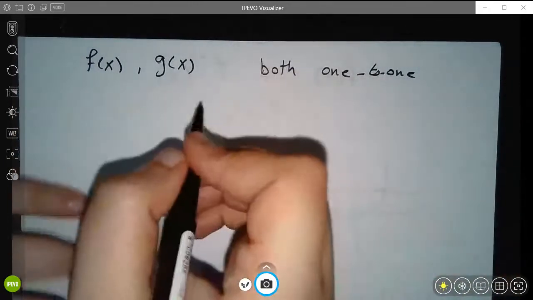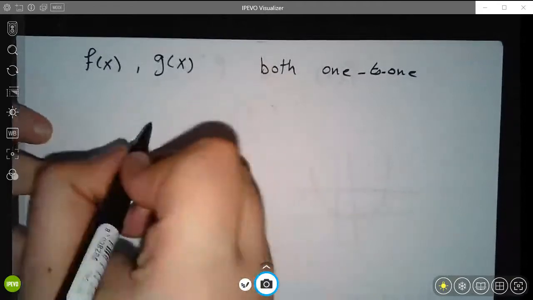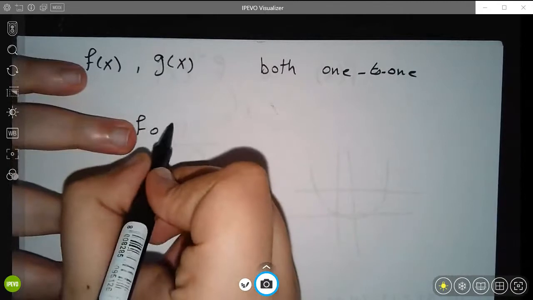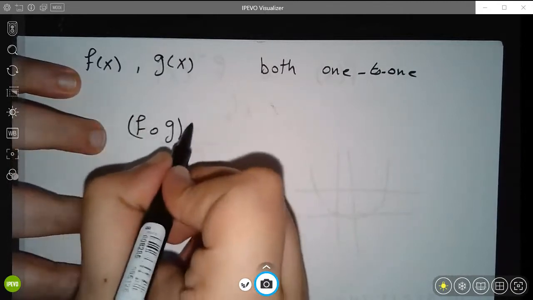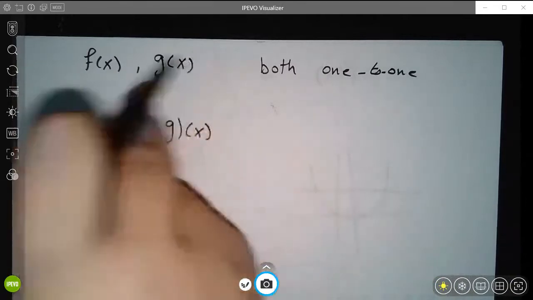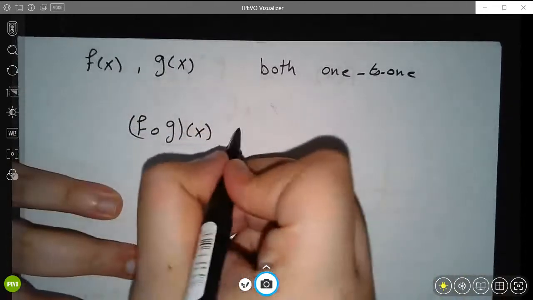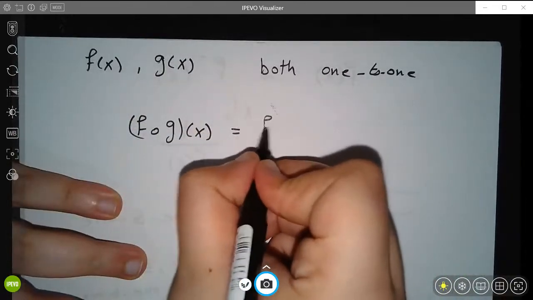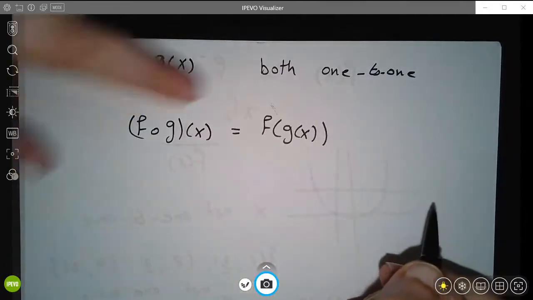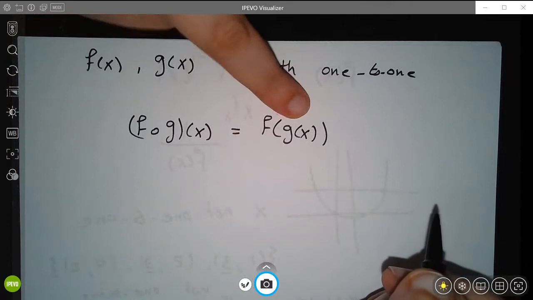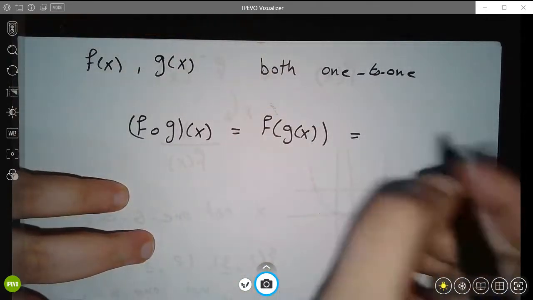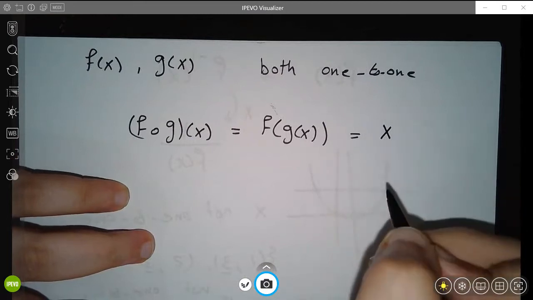If you compose these two together, right? So you grab f and g together, like this. I'm plugging g inside of f. This composition means that it is f of g of x. Yes? So if you plug g of x inside f of x, and after you're done solving, the final result is x,